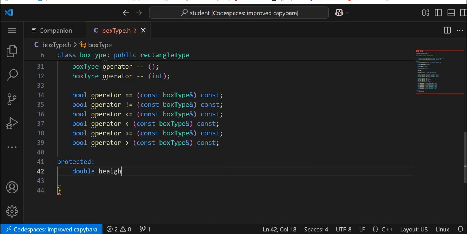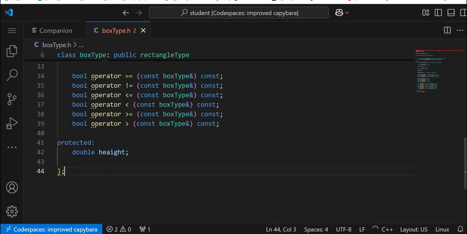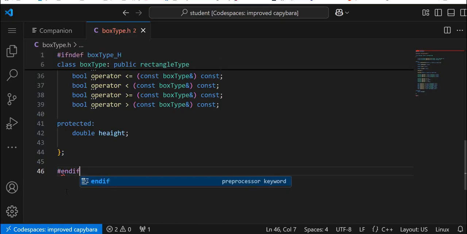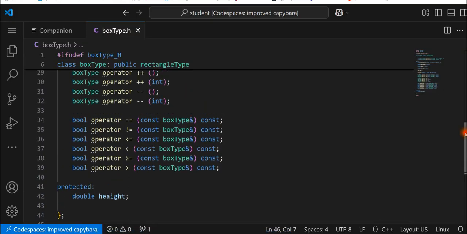Height. And let's not forget to add our semicolon outside of our bracket. And then that should clear up all the errors. We did. Alright, so that's our